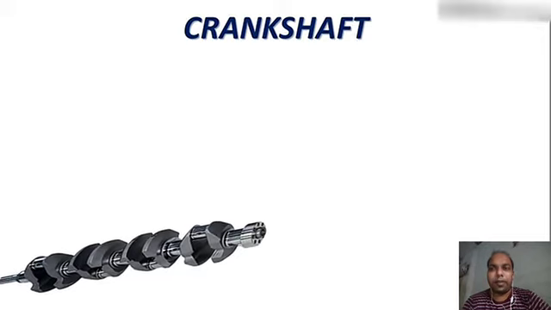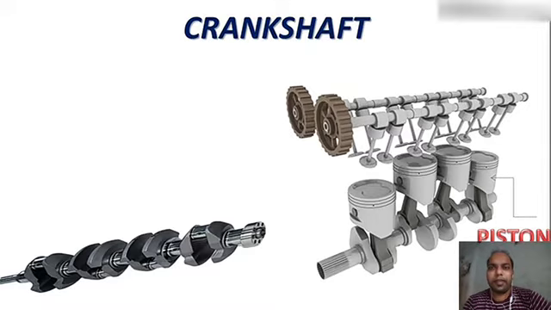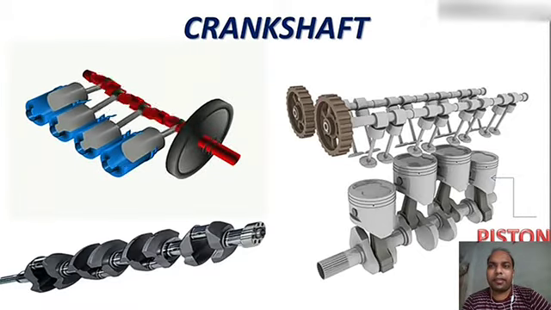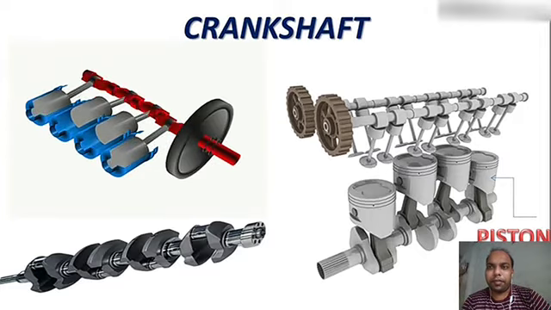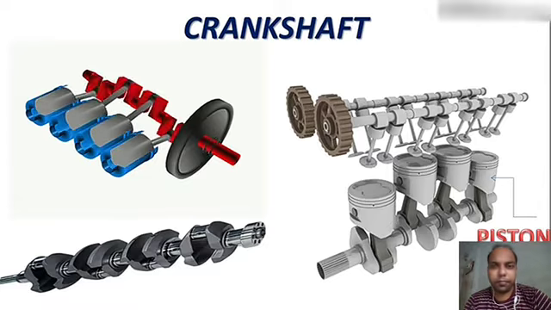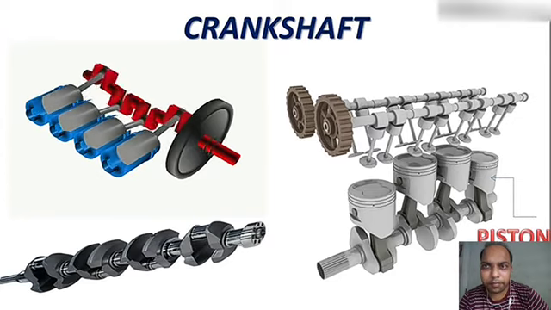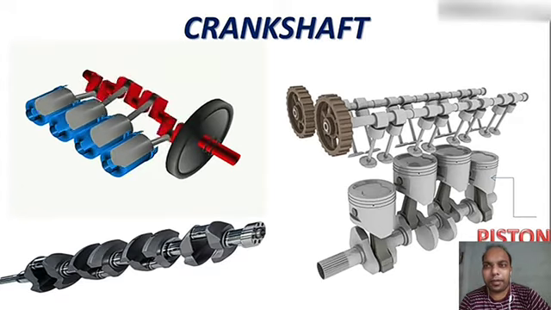Let's see how crankshaft works. You can see in the diagram the piston system. Pistons are set onto the crankshaft. You can see the animation running. Pistons are on the crankshafts and they are running. It converts the rotary motion. Its main function is to rotate piston in a circular up and down movement.